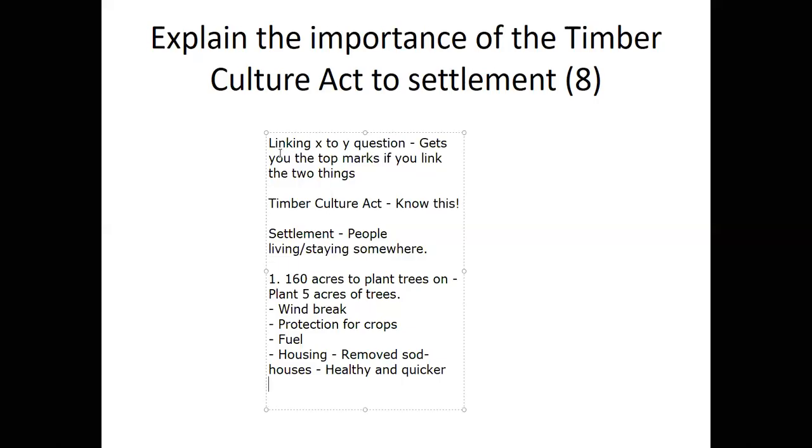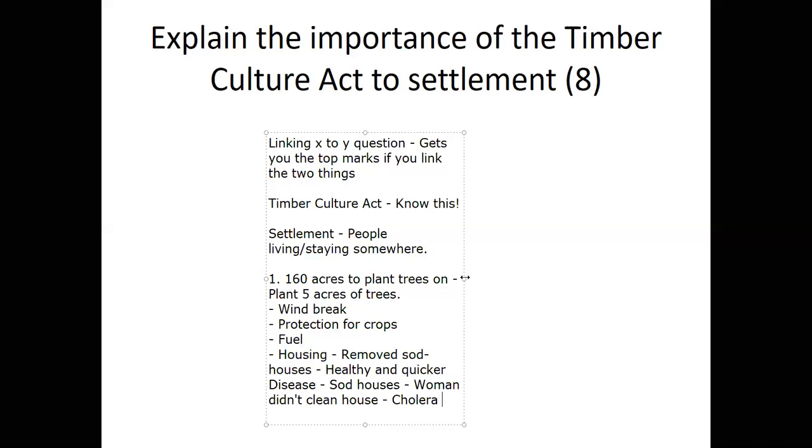Okay, you could actually write a paragraph on each of these to say how it helped with settlement, especially focus on the housing, because the housing before caused a lot of disease. The sod houses, you know, if the woman didn't clean the house effectively, then it could lead to quite serious diseases, mainly cholera, especially if you have drinking water that got dirty. You could also get quite serious insect bites, which could lead to more problems in the long run, potential blood poisoning. As I say, this question is quite nice and simple.